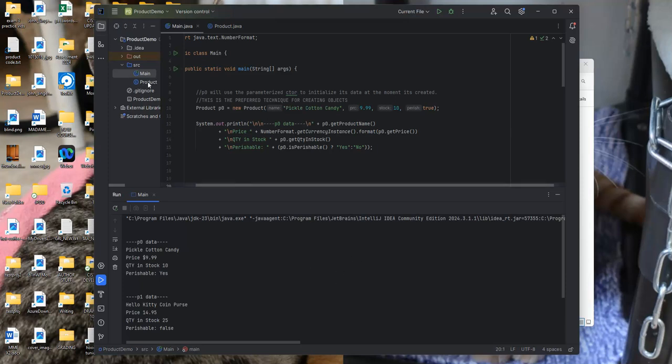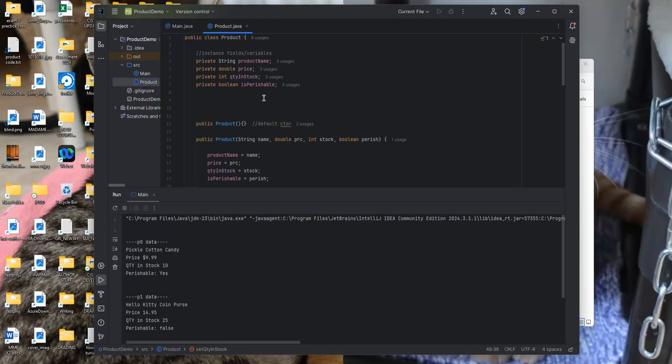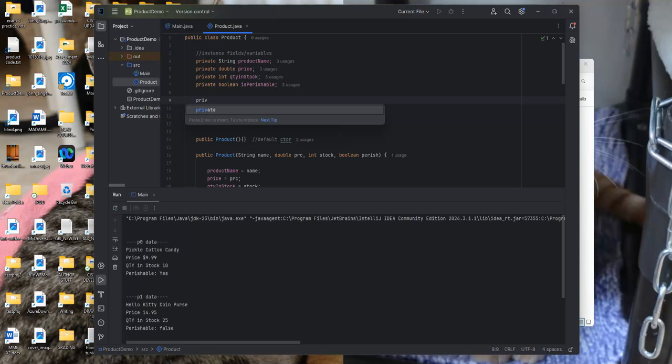So what we can do is keep track of the inventory value in the product class, okay? Now, your first instinct might be like, okay, let me do a private integer and we'll call it inventory count. This is going to represent the total items in the store. Okay, and that's fine. But here's the thing. Okay, if I were to say